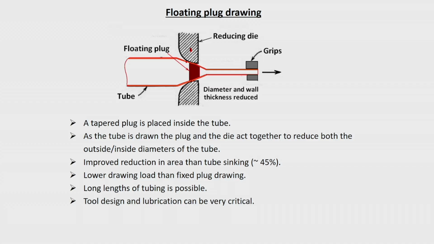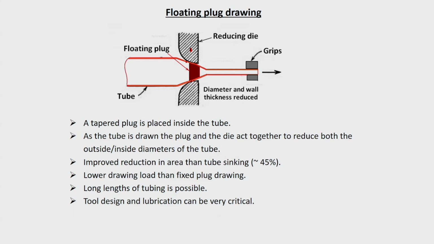But here the main problem is that the tool design, the design of the floating plug itself is very important, and at two places the friction is coming. The friction is coming at the die and the workpiece material, then the friction is coming at the workpiece material and the plug. So, two types of this here. Now, if you look at the balance of metal flow during this operation, you will find that there is a frictional drag also coming, and then sometimes it will get nullified.